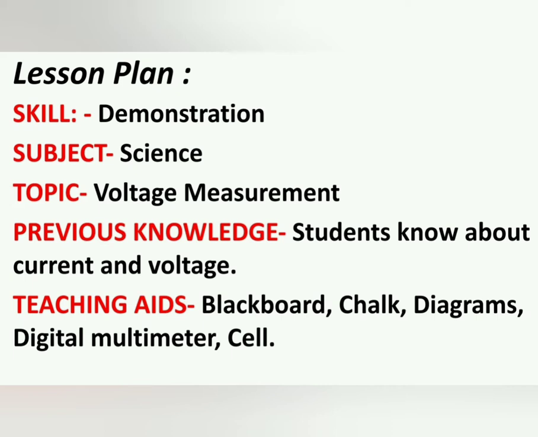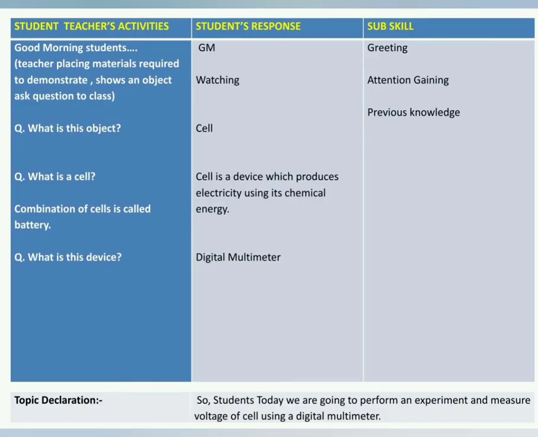Previous knowledge of class, a teacher can ask few basic questions related to the topic just to check the previous knowledge of the class, and this also helps to declare the topic right in front of the class. Checking previous knowledge is a good feedback mechanism, and this can be easily done by asking few basic questions. Okay, so there are 3 columns here, so you can easily see that how effectively we could write our lesson plan.